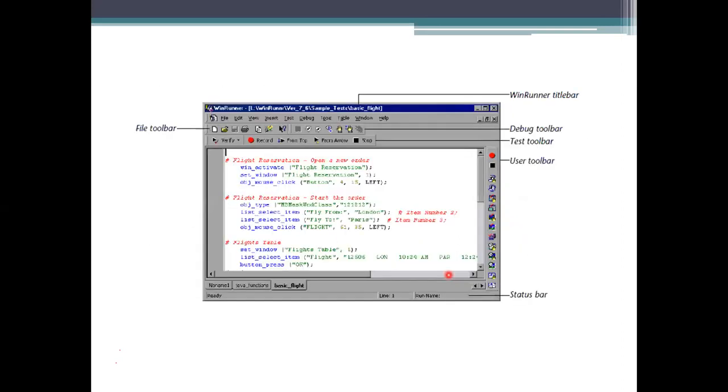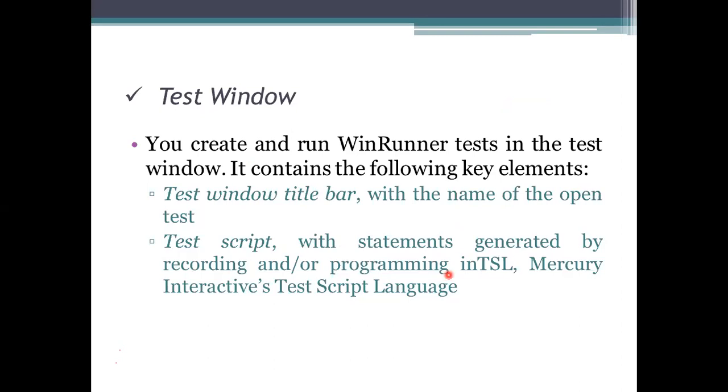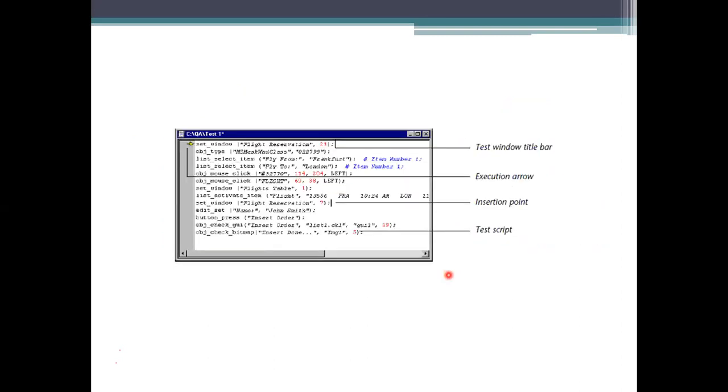Okay, so coming to this test window. This test window, how we are going to perform testing here, is likewise the WinRunner main window; it also has some key elements. Just to see, these are the key elements.